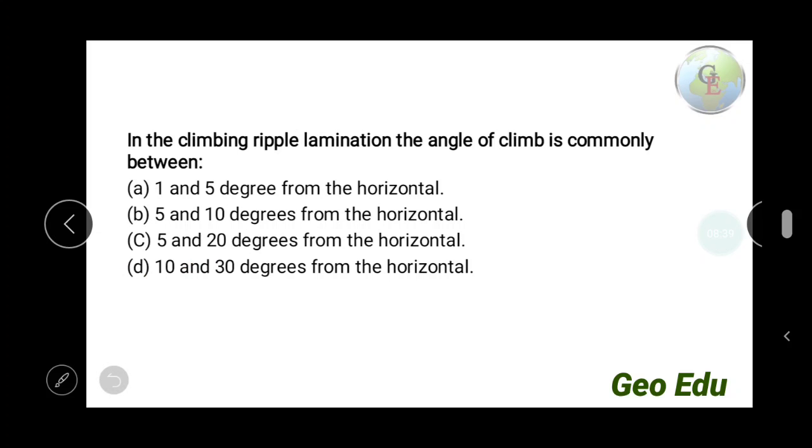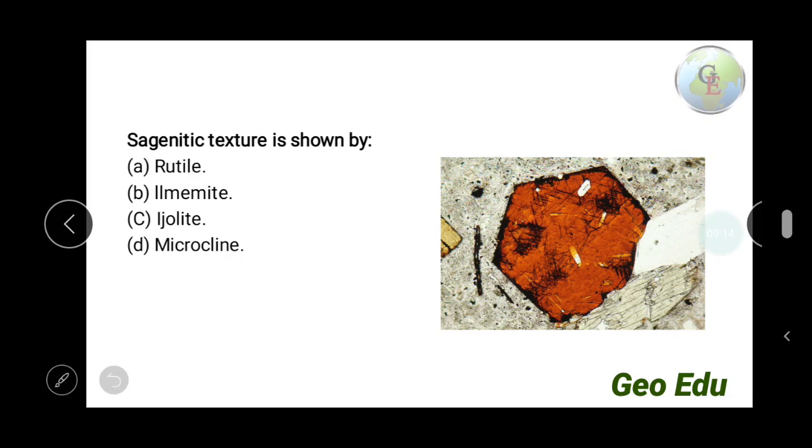Next question: in climbing ripple lamination, the angle of climb is commonly between option A, 1 and 5 degrees from horizontal, option B, 5 and 10 degrees from horizontal, option C, 5 and 20 degrees from the horizontal, and option D, 10 and 30 degrees from the horizontal. So here the answer will be option C, that is 5 to 20 degrees from the horizontal. In climbing ripples, the climb occurs at 5 to 20 degrees from the horizontal. Next question: